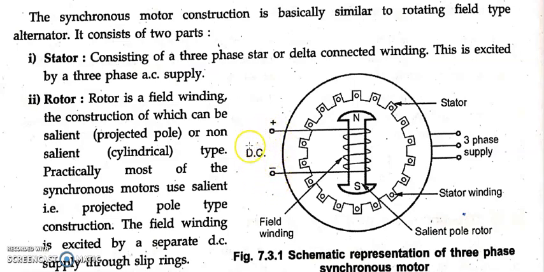The DC supply is extra, to be given to the rotor in addition to that of the three-phase induction motor. So that makes your motor be called a synchronous motor. We know that there are two windings. One is the main winding, the other one is the field winding. The main winding is stationary and the field winding is rotatory. So here the field is rotatory and not stationary. Why? Because the rotor rotates, and on the rotor we have the field winding, so that's the reason why the field is rotatory and not stationary.